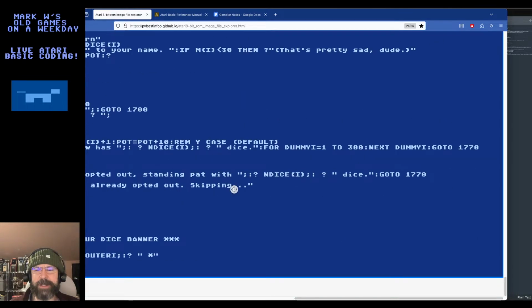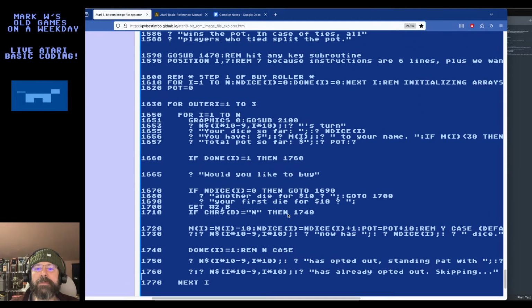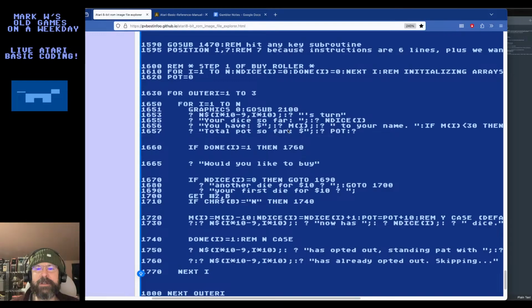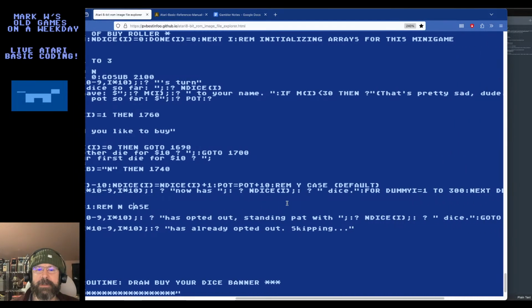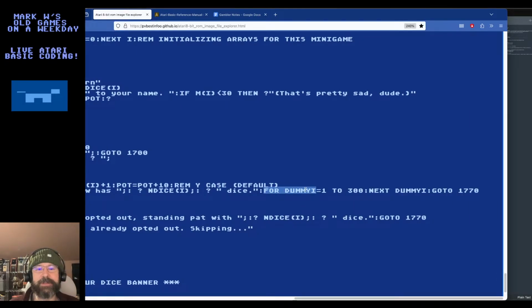All right, so let's add some more waits and change the waiting that we have currently. Where did I put that? I could make another subroutine just for waiting. When I did 1 to 300, that felt like about 10 seconds, and that's kind of surprising to me that it would take like 10 seconds to do 300 iterations of nothing. But that's how the machine was, I guess. I'm kind of just estimating 10 seconds, but I feel like I could have cut that in half or less. Let's go with half for now.